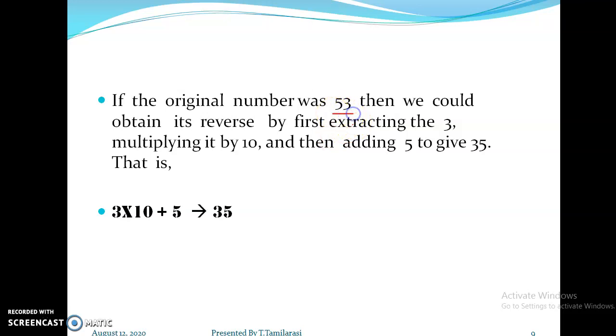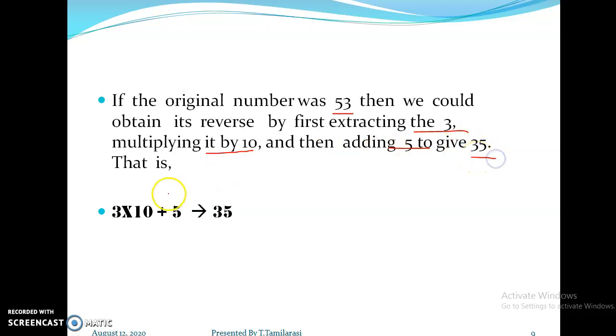We extract the 3 first and multiply it by 10. Then, when I take the modulus operator again, I get the value 5. We add that value: first 3 multiplied by 10, plus 5. 3 into 10 is 30, plus 5 is 35. Finally we get the value 35.